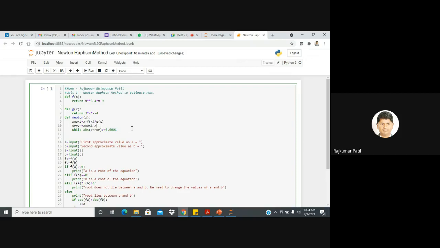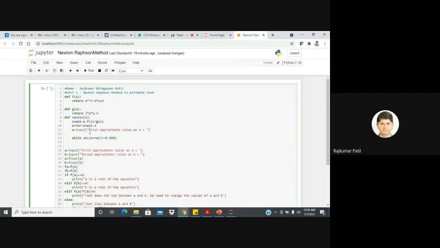So in that case you can write a command similar to this and you can enter the error value. So enter the value of error or required value of error.